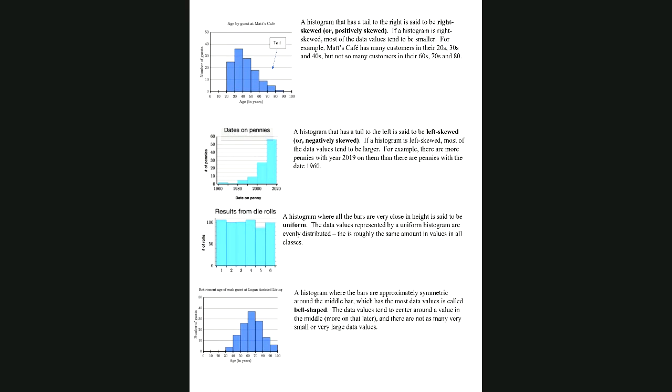All right. If we have a histogram that has a tail to the left, then we call that left skewed or negatively skewed. If a histogram is left skewed, most of the data values tend to be larger. For example,